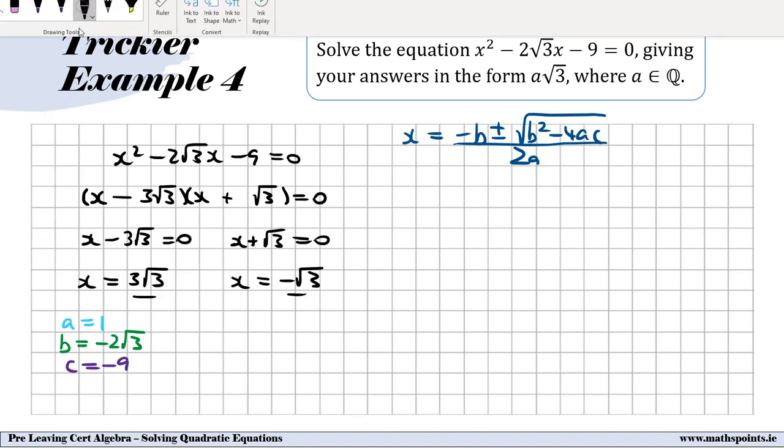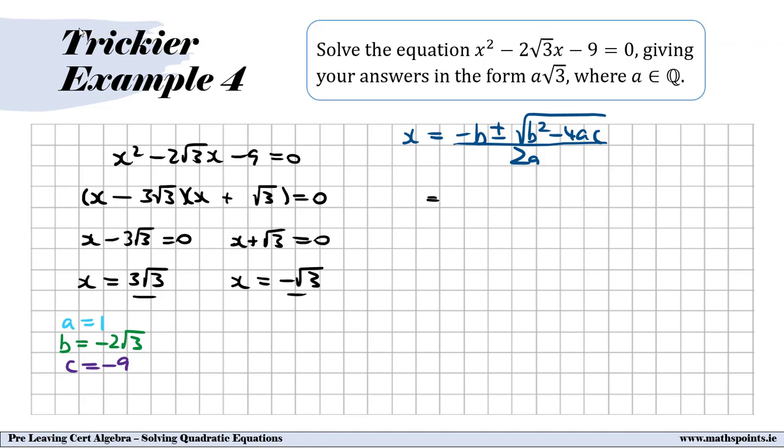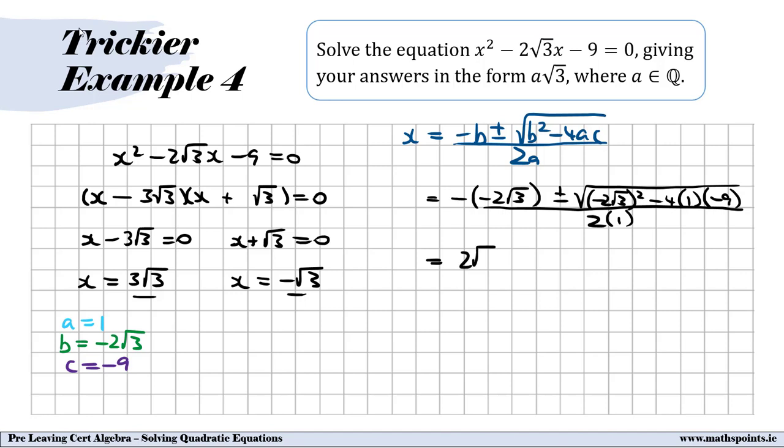So x is equal to minus b, which is minus 2 root 3, plus or minus the root of b squared, which is minus 2 root 3 squared, minus 4 by a, which is 1, by c, which is minus 9. And this is all going to be over 2 times a, which is 2 times 1. On the next line, I have minus 2 root 3, which is plus 2 root 3, plus or minus, and